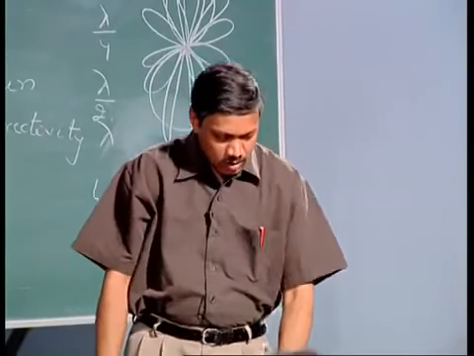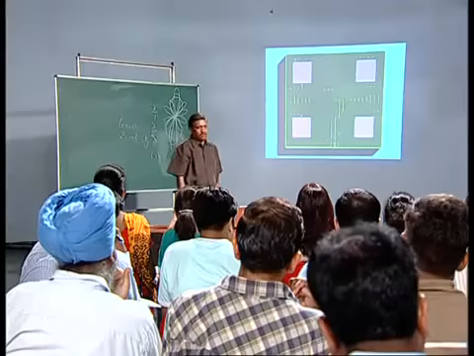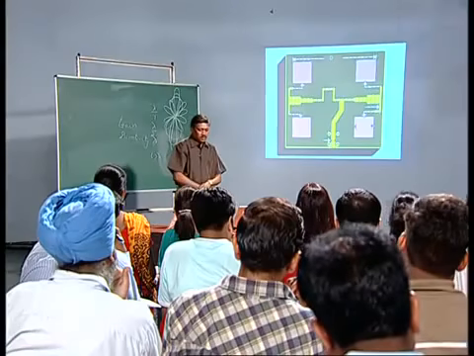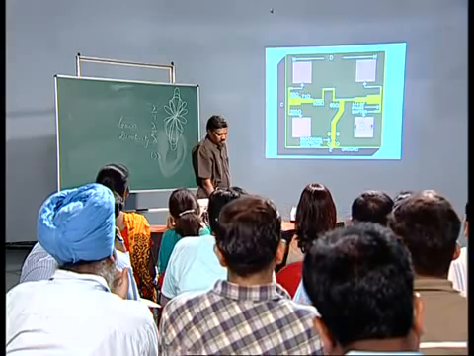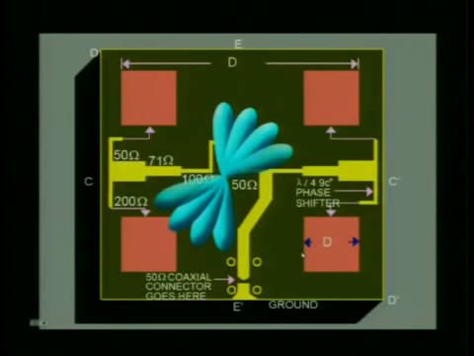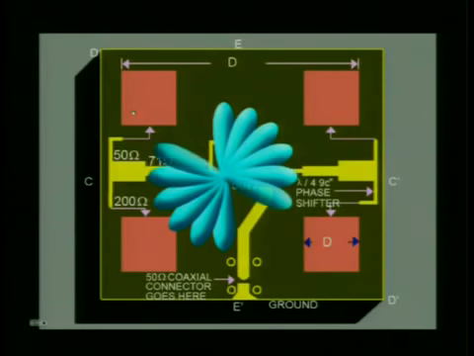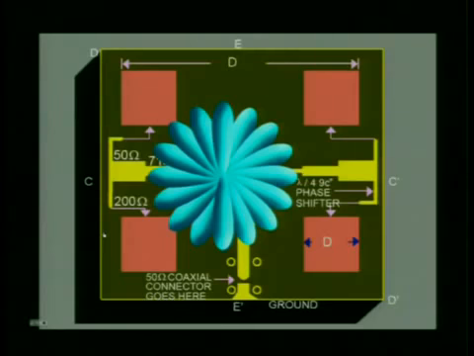Now, let us look into this particular situation. These are individual antennas. I am showing you here 4 patches. This is a microstrip antenna. This is one microstrip antenna. This is another microstrip, this is another, like that. There are 4 antennas put in one place,